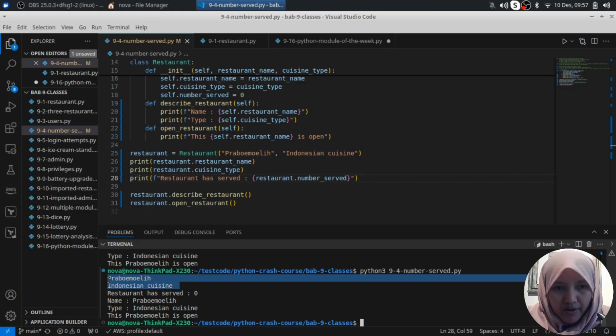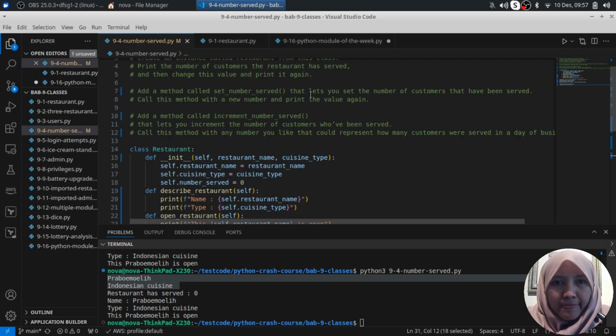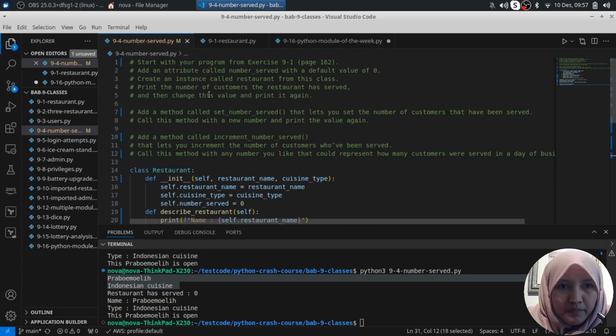Yes, we have this is the name of the restaurant, and then this is the cuisine type, Indonesian cuisine. Okay, and then we can call this method, and this is just the message that the restaurant is open. Okay, and print the number of customers the restaurant has served, which is 0, and then change this value